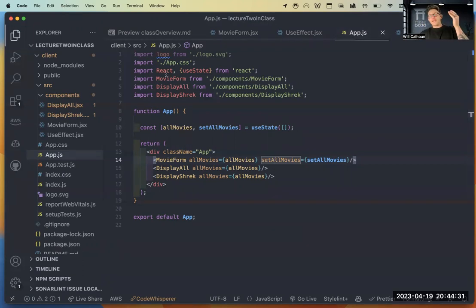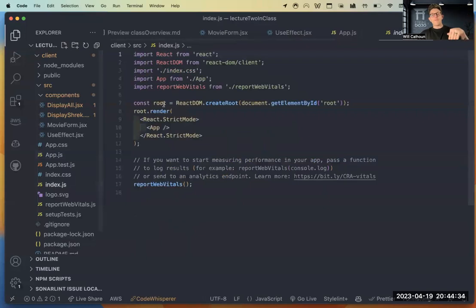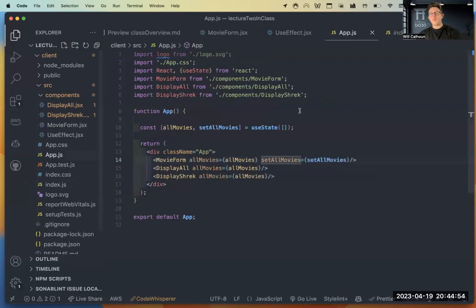But when app.js is run, remember under the hood, this JavaScript says, hey, where this root is, I want you to call this component of App. Well, when this is called, this is what we call mounting our component. Our component has become mounted, right? And so when App is run, it goes and says, okay, what do I need to do? I have all of these components. Exactly what happened to our app.js is when these are run, or when we get to a portion where a component is run, we are mounting our component.